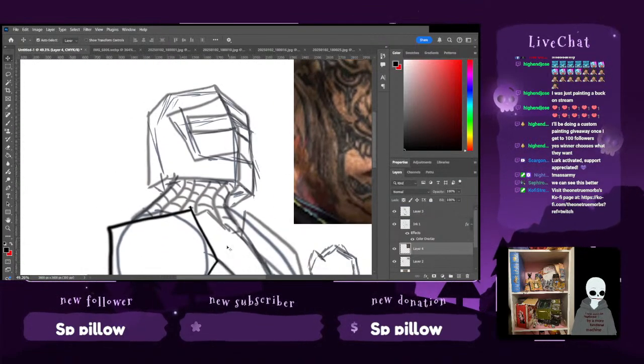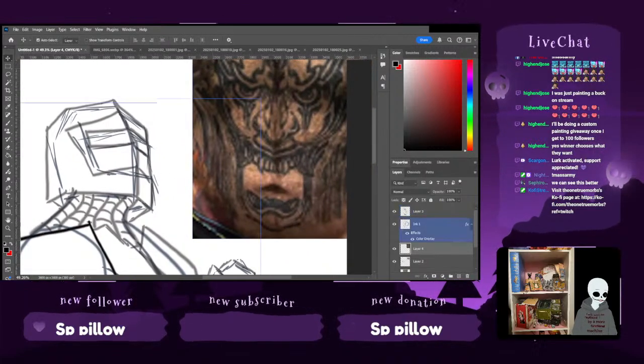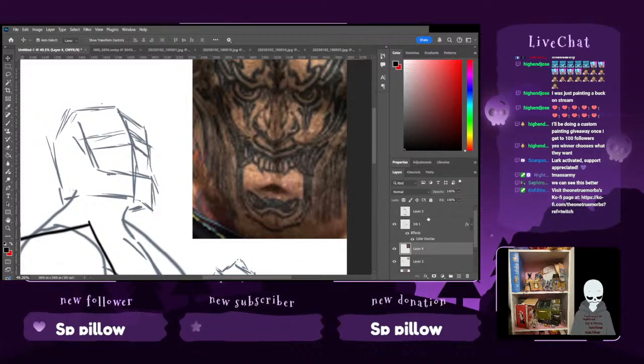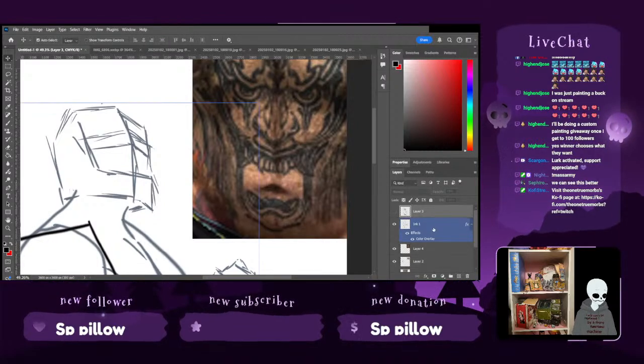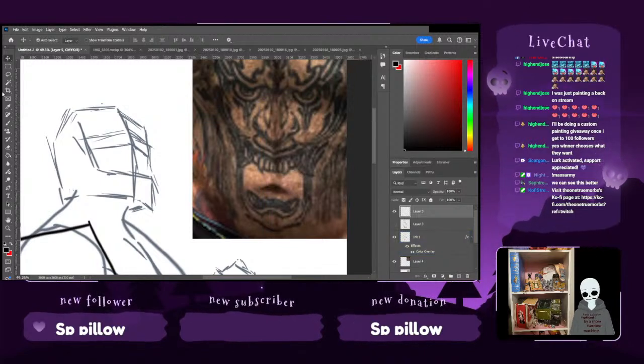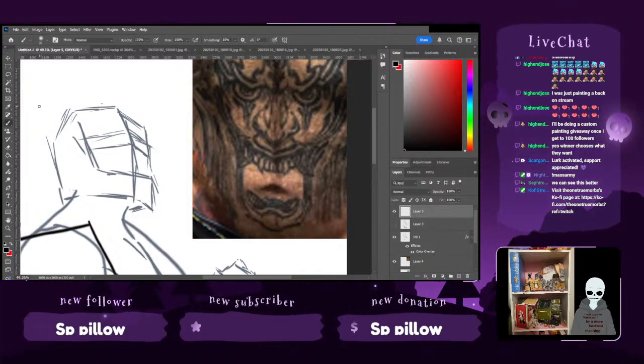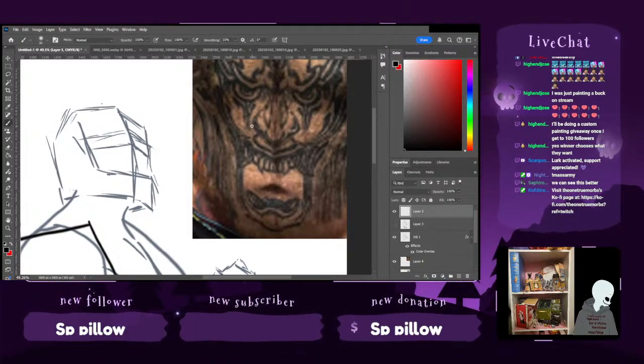So what if we took this concept, let's turn that off for a moment, give ourselves something new to work with, and see what we can do with the face. Yes, let's use my trackpad.